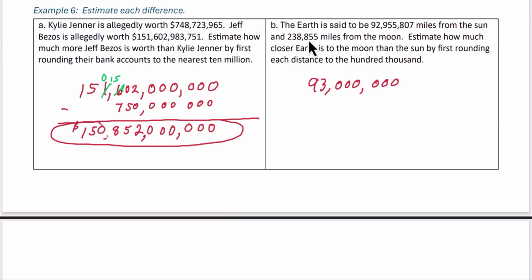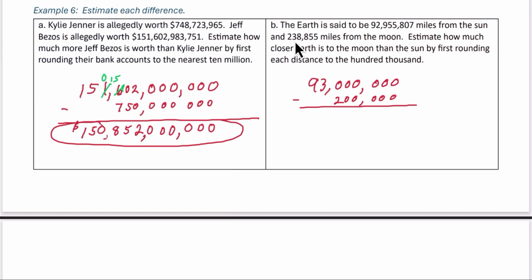Ones, tens, 100, 1,000, 10,000, 100,000. So focusing on this 2 as our rounding digit, we look to the right and we see that there is a 3, so we round down. So everything to the right of the 2 simply becomes zeros. So we have 200,000 as our estimate